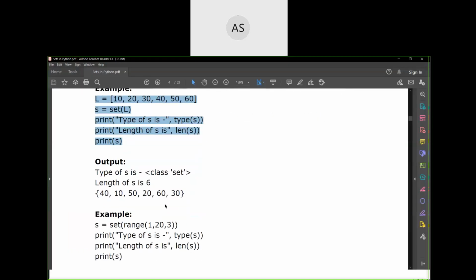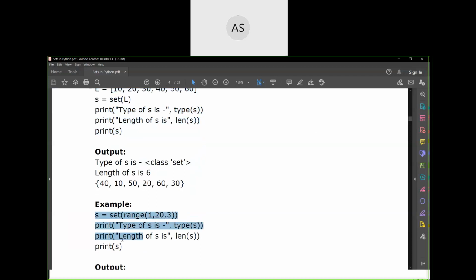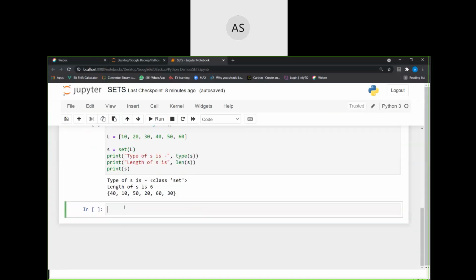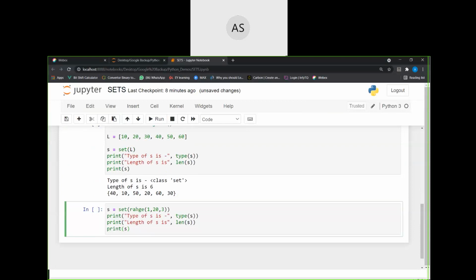Right. So now again, you guys are familiar with the range function, I'm sure. You remember the range function? So what is the range function going to do? Range is a function which is used to generate a collection of numbers, a group of numbers. So a range function always has a start, it always has an end, and it has a step value. So you know the syntax of this also.